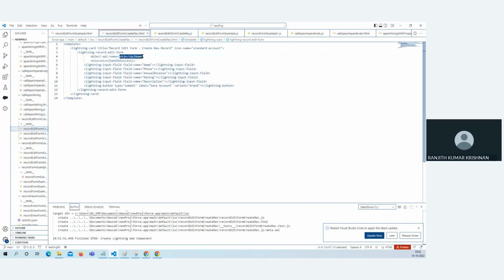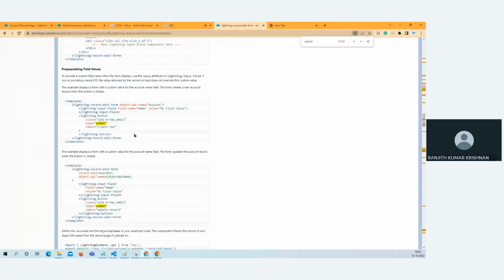Okay, and here you will hard code the value. Suppose you'd like to create an account record, then make it account. If you'd like to create a contact, you make it contact. Get my point? That you have to specify, right? And then